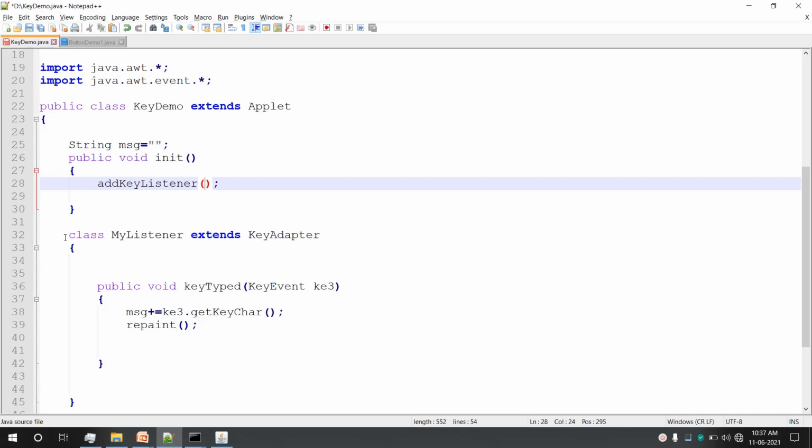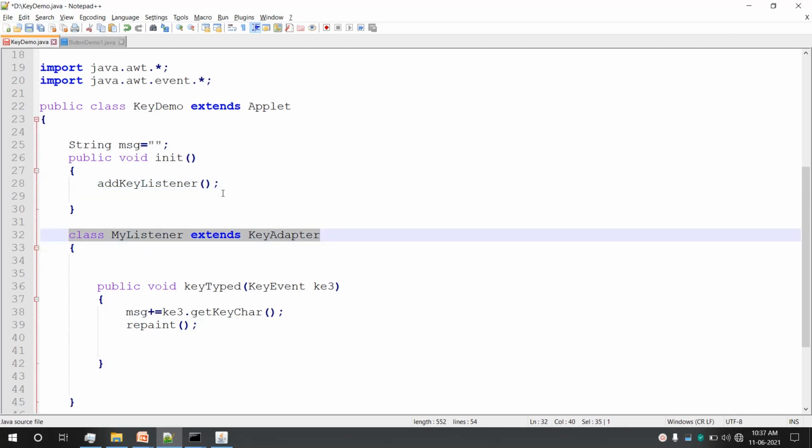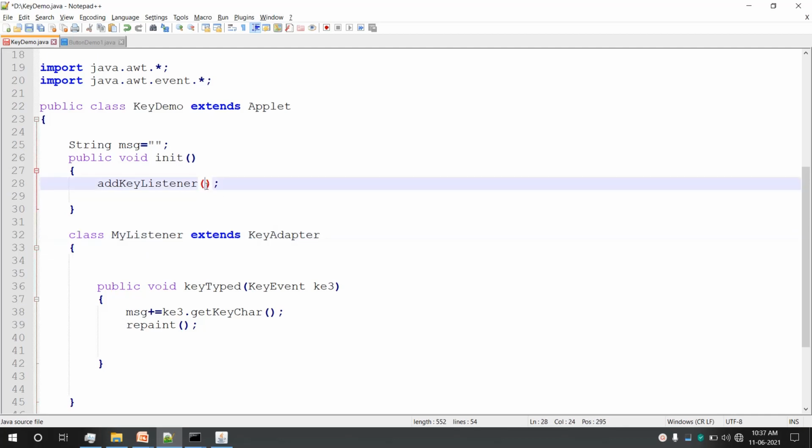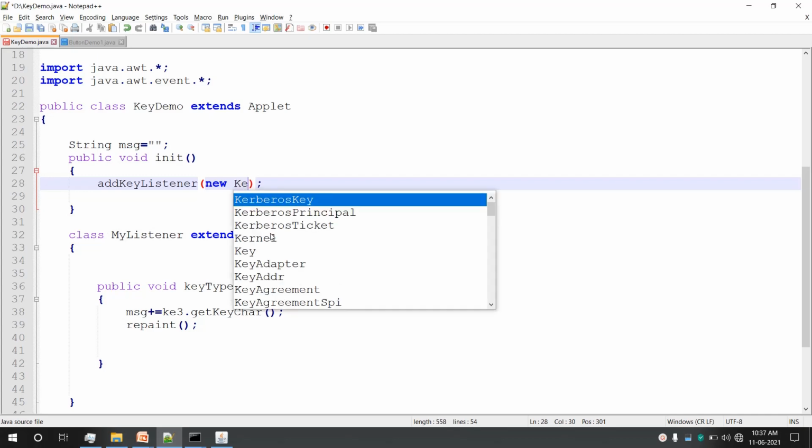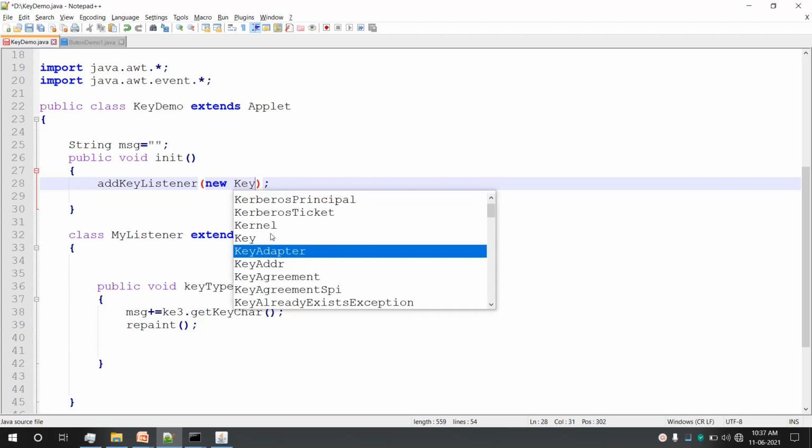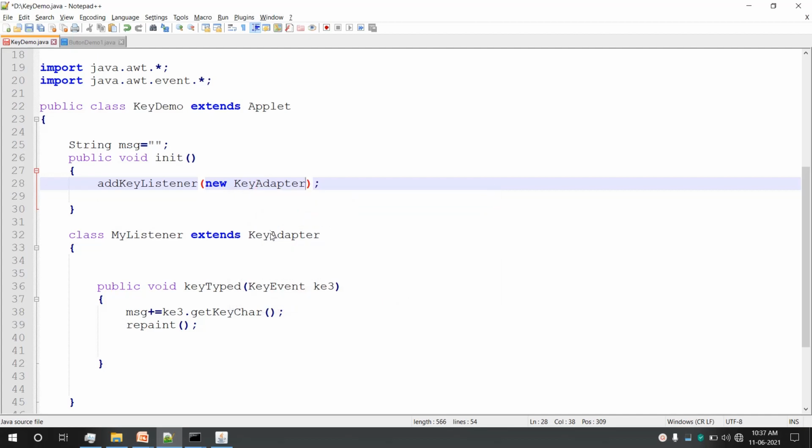So this line can be written in anonymous inner class by using something like this: new, then directly the class which it is inheriting. It is inheriting key adapter, so you can directly include key adapter, then round brackets will follow, and all this is inside the round bracket open and close of your function call.